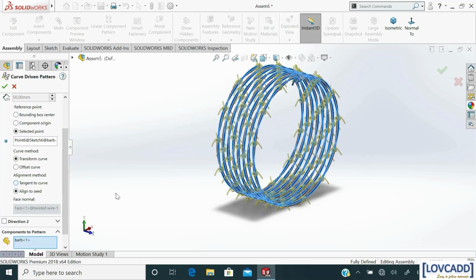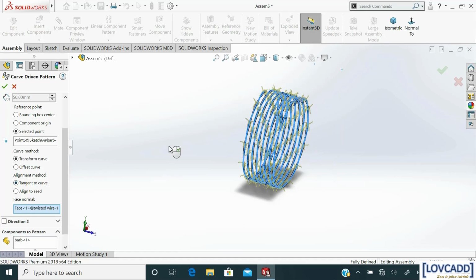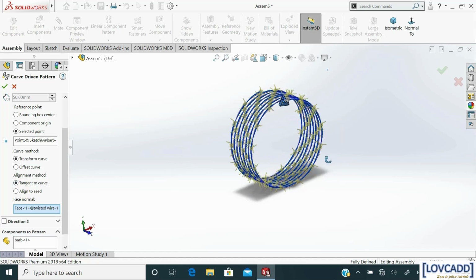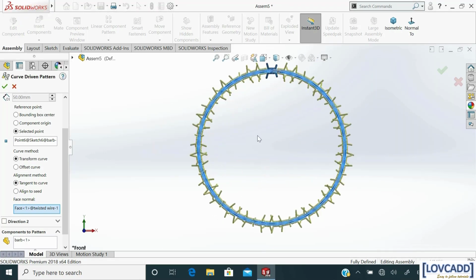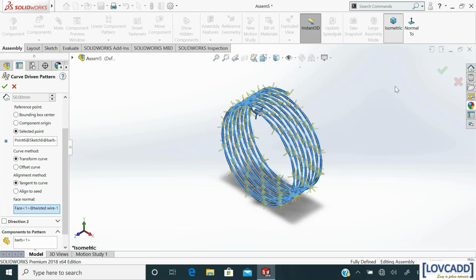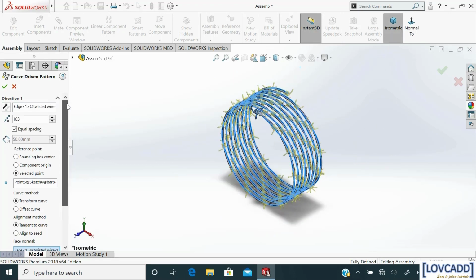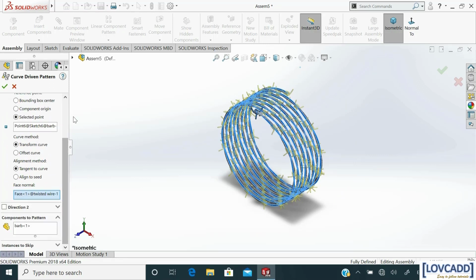For this, select tangent to the curve. It will take some time. Okay, now see, all the barbs are tangent to the twisted wire. Now check OK.